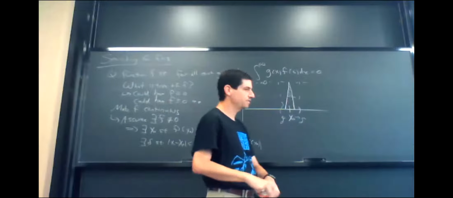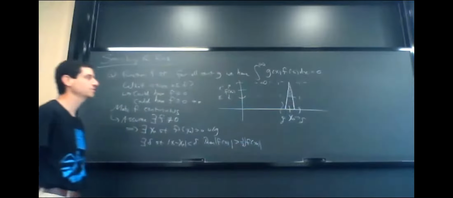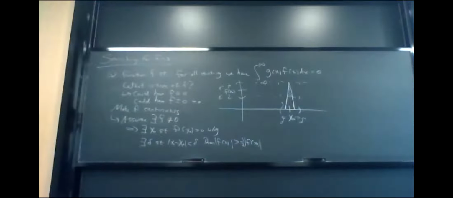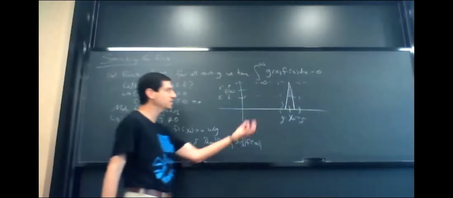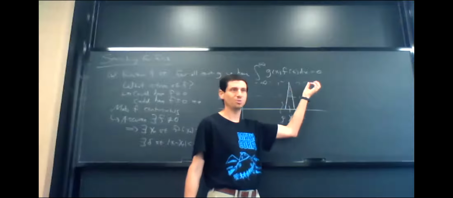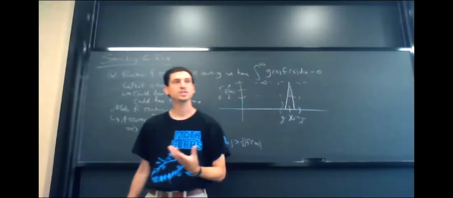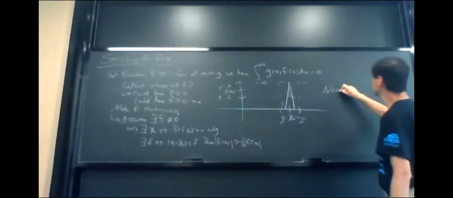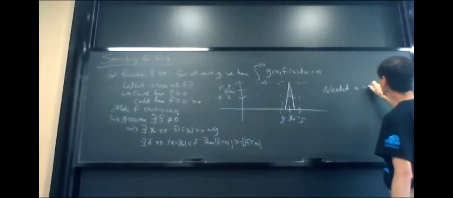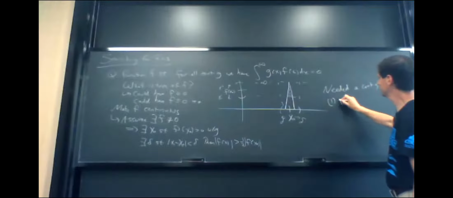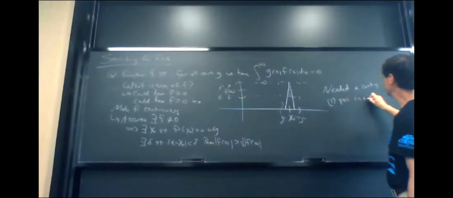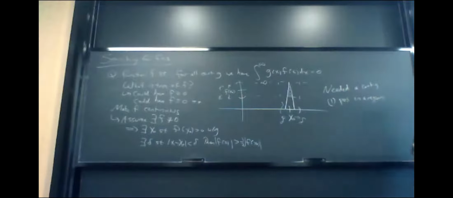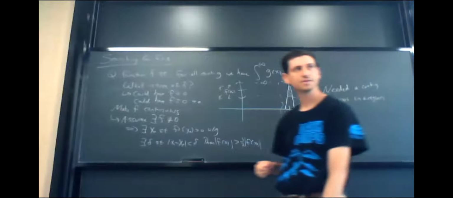What this shows is that we actually have a need to be able to construct continuous functions with certain properties. So a key part of this was I wanted a continuous function that was positive at a point, and in fact positive in a region. So we needed a continuous g that was positive in a region. So this is just one condition because I made it very concise. So can you always do something like this?